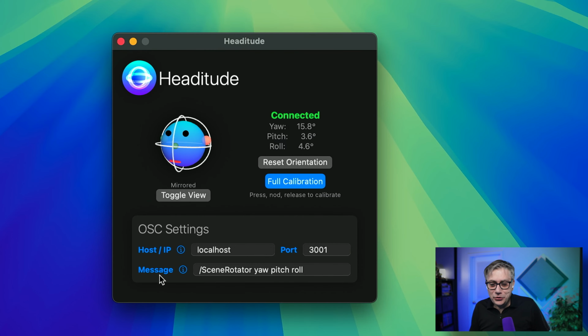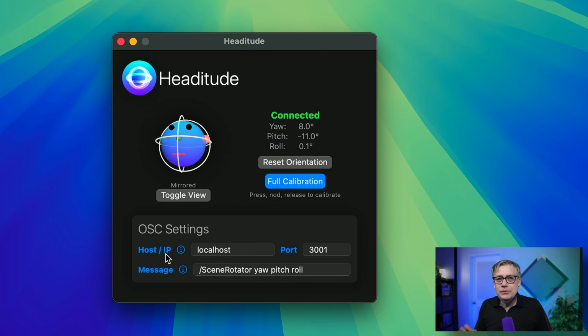Now, here in the OSC settings, there are a couple of things that we can set. First of all, we can set the host IP, and that essentially means that we can send the OSC messages from this application to an external computer. This would allow us to use that in connection with a digital audio workstation that is Windows-based, for example.